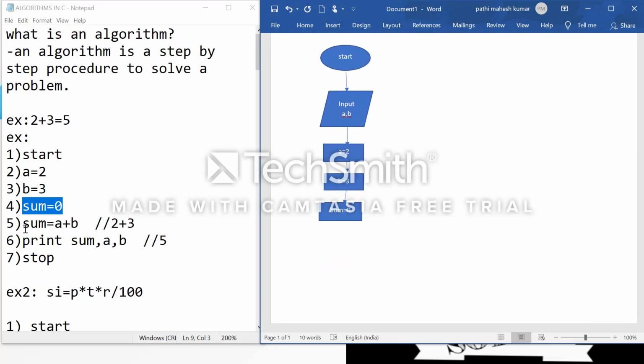After that I want to take sum equal to a plus b.